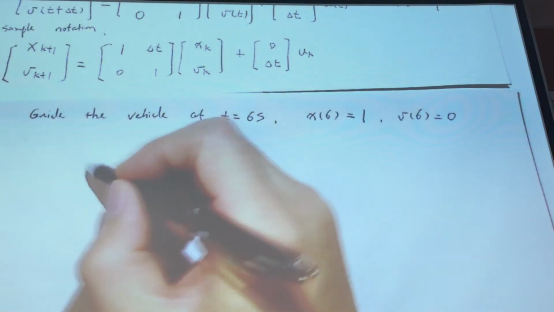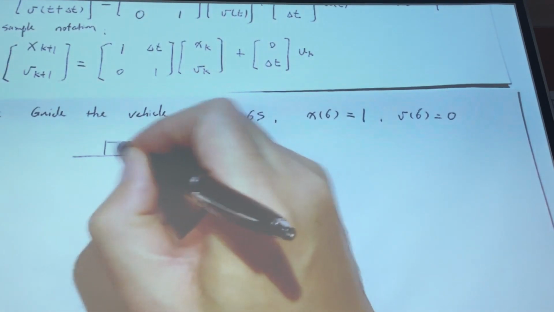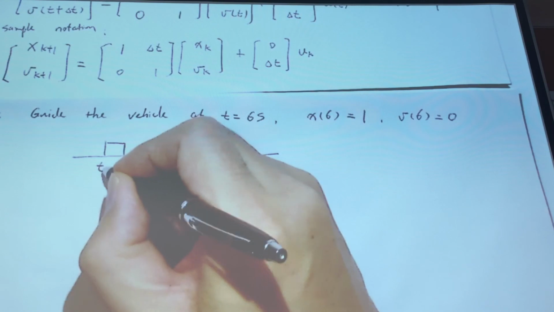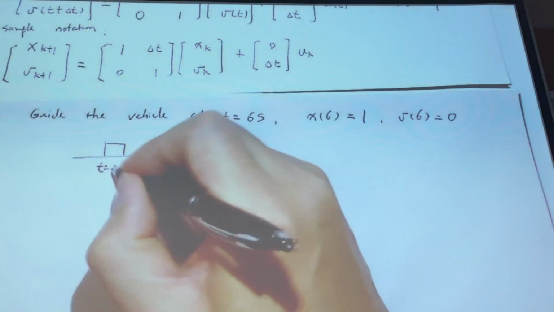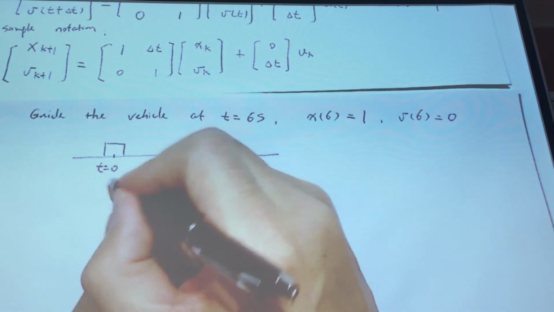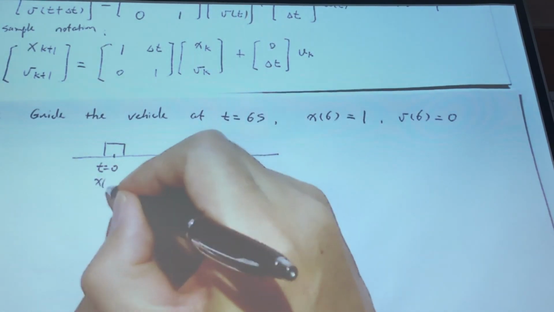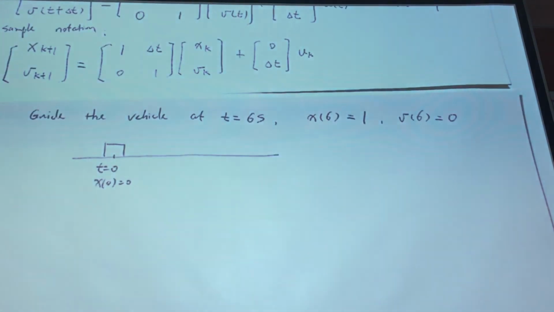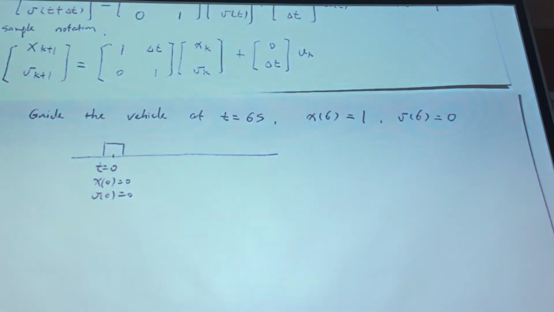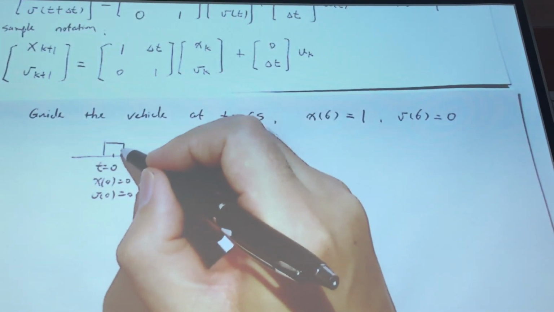So you may think about the problem like this. At t equal to 0, we have the vehicle at the location x0 equal to 0 and the velocity equal to 0. And we want to control the vehicle